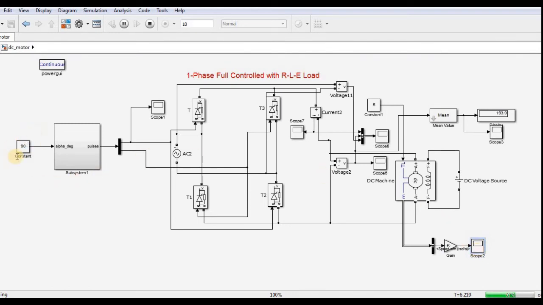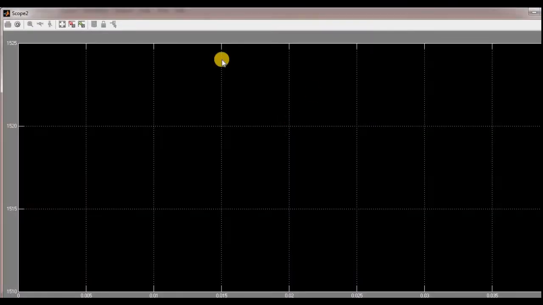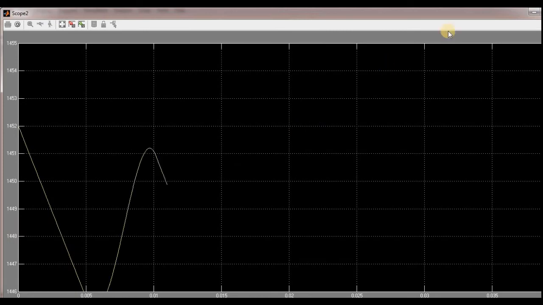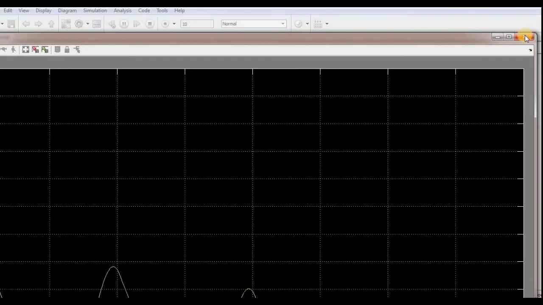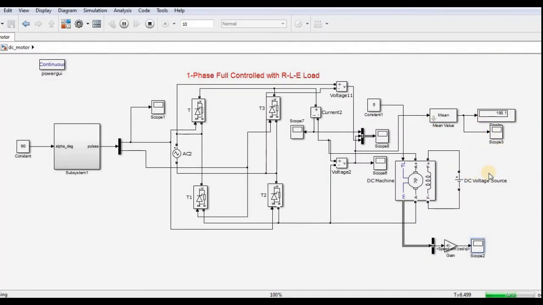Keep it in mind that for more angle my speed will reduce, because my voltage is reducing, because it is related to cos theta. The theta is increasing, cos theta will reduce. So for 0 angle I can get maximum voltage, so I can get maximum speed. For 90 angle I can get some minimum voltage, and lower speed.